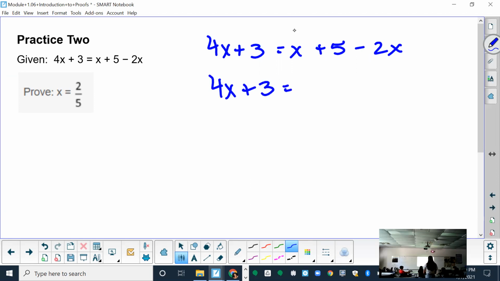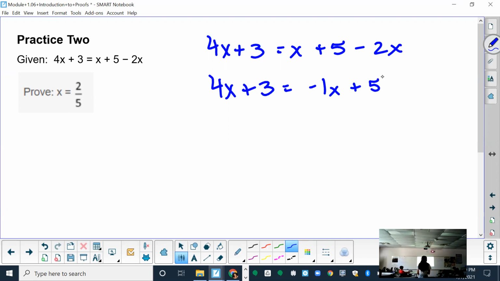What about on the right side? Are there any like terms? The x and the negative 2x. So remember that like terms have the same variables to the same exponent. So x minus 2x, that's like having 1 minus 2 gives me negative 1x. The 5, there's no other single numbers on the right side, so it just stays plus